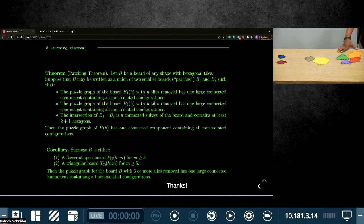Is there any question online? If not, I actually have a second one. You mentioned this in the beginning: if you look at the actual configuration space, my intuition tells me that in the square puzzle, that should just be the same as the graph, right? Because you can have a one-dimensional